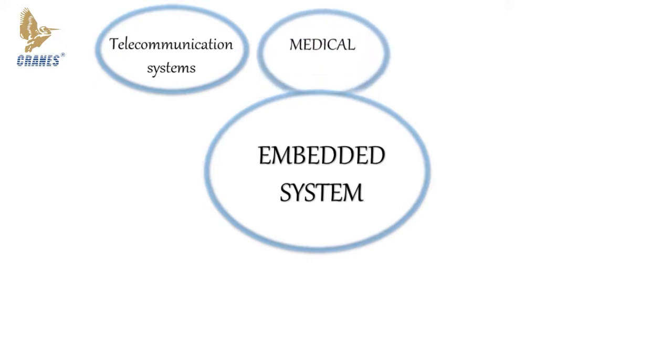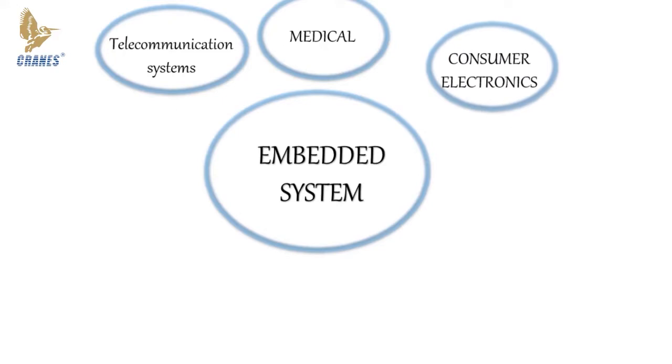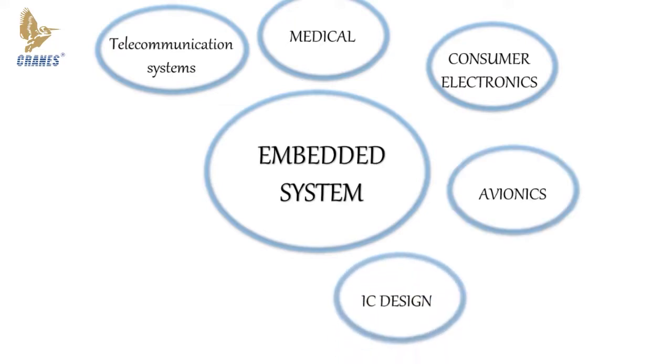Medical equipment, scanners like those used for MRIs, CT scans, ECG machines, devices to measure blood pressure and heartbeat and other parameters. Consumer electronics: televisions, digital cameras, computer printers, video game consoles and home entertainment systems like PS4. IC designs like chip design, and the defense sector, in which we'll be using it for radar, sonar and